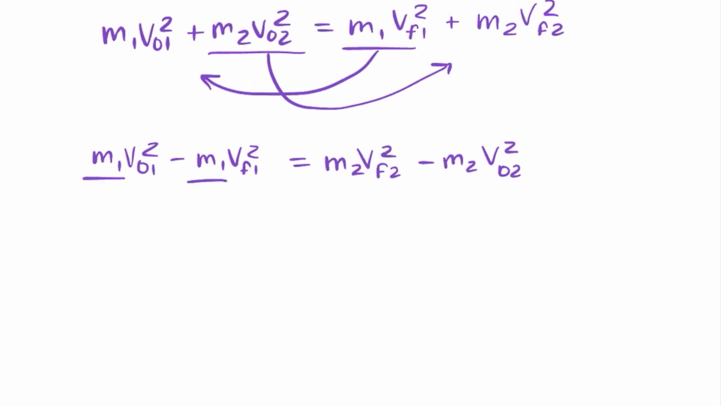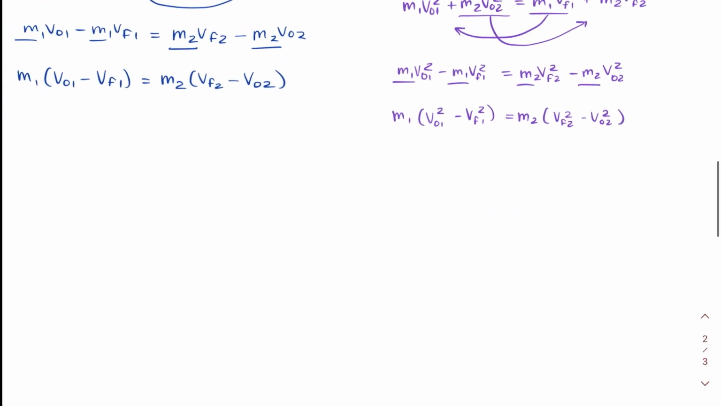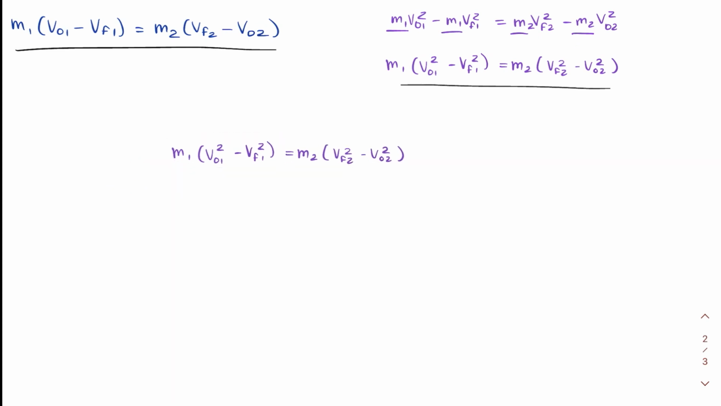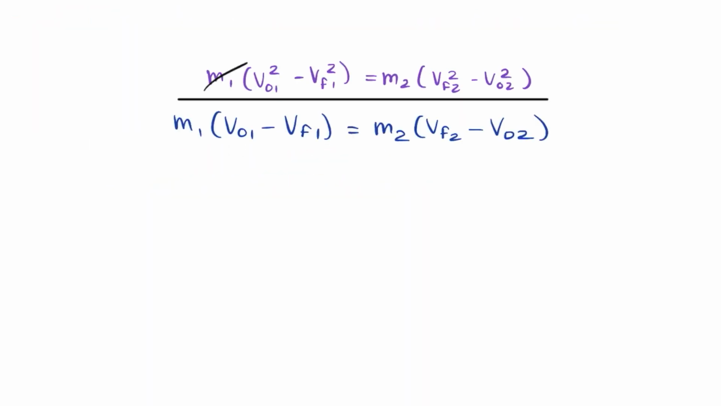Once again, we can factor out the like terms on both sides. So we're left with mass 1 times velocity initial 1 squared minus velocity final 1 squared equals mass 2 times velocity final 2 squared minus velocity initial 2 squared. Now we bring both of these equations together, this one and this one. You can say that this expression over this expression. Now on both sides our masses will cancel out and we're left with